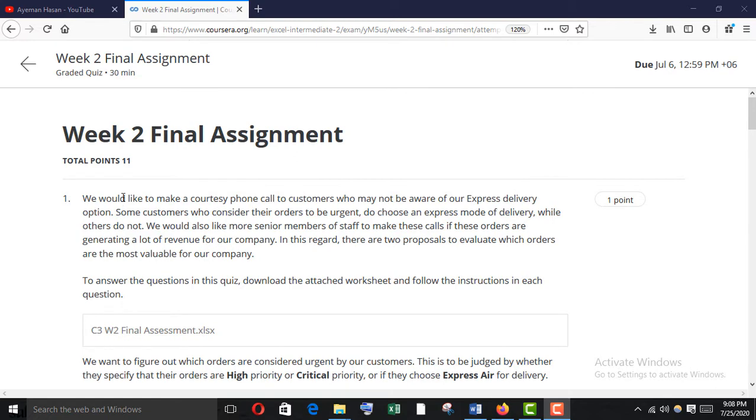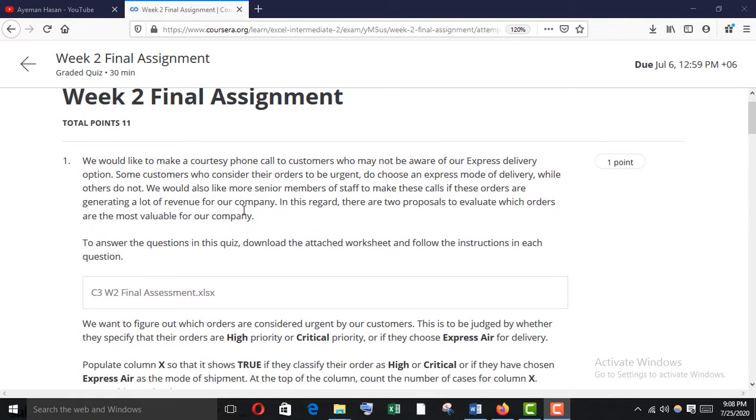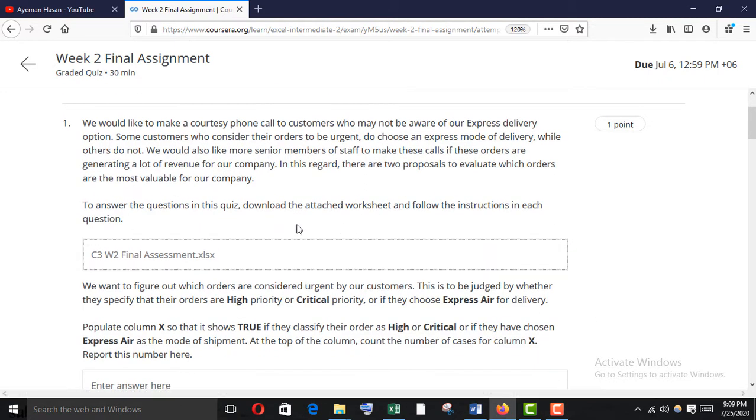So here's the question. We would like to make a courtesy phone call to customers who may not be aware of our express delivery option. Some customers who consider their orders to be urgent do choose an express mode of delivery, while others do not. We would also like some more senior members of staff to make these calls if these orders are generating a lot of revenue for our company. In this regard, there are two proposals to evaluate and to find which orders are the most valuable for our company. For solving this, you have to download this file,